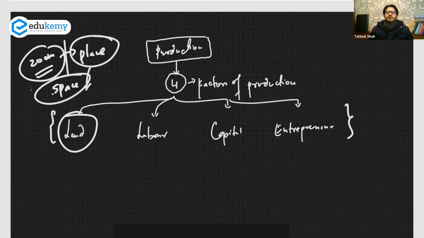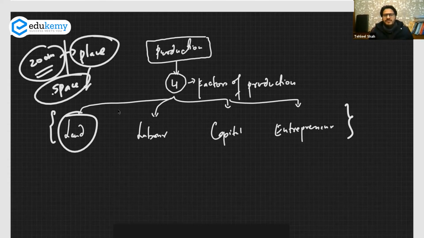Now, if I am the producer of, for example, agricultural goods, I cannot produce these on any digital platform. I have to use physical land for that, and that is considered a factor of production. You cannot have any production of agricultural goods if you do not have land. Likewise, I'm giving you this economic service right now using the space that Zoom has provided, and that becomes the land. It is an important factor of production.